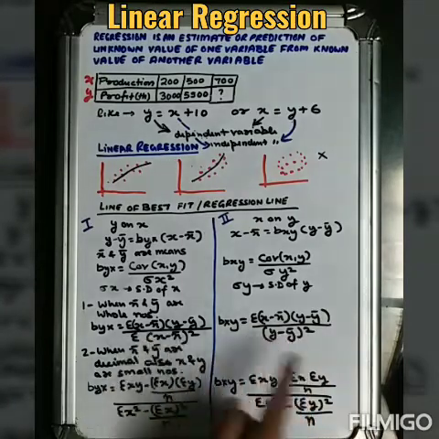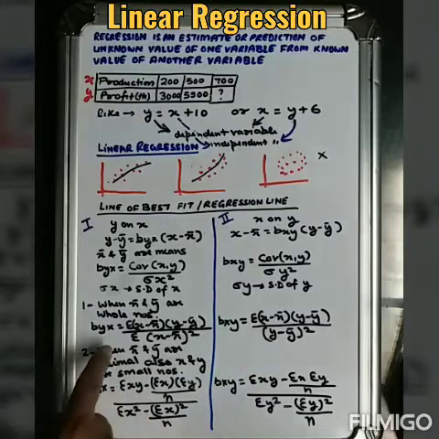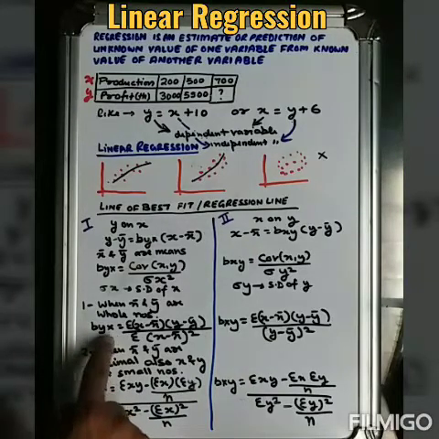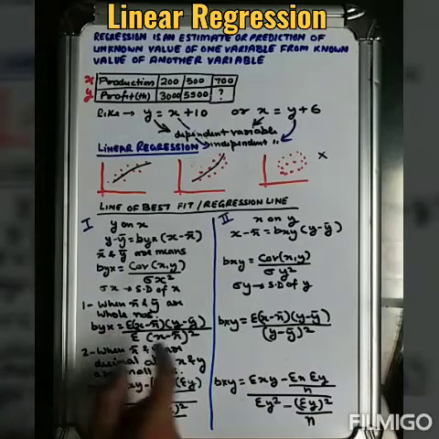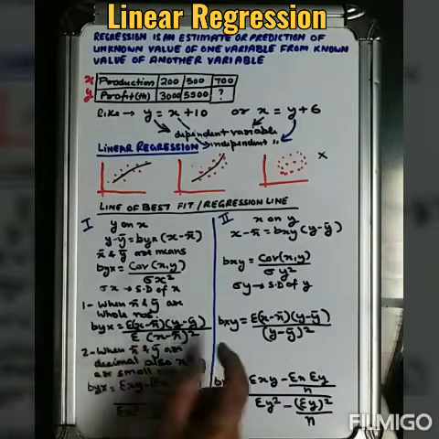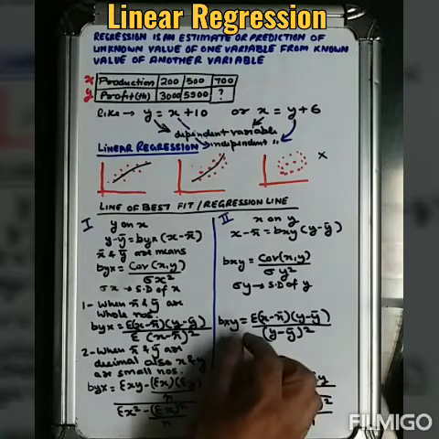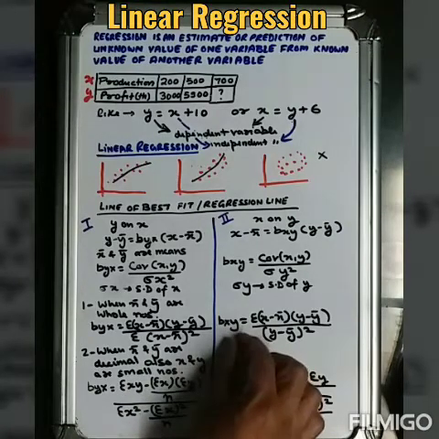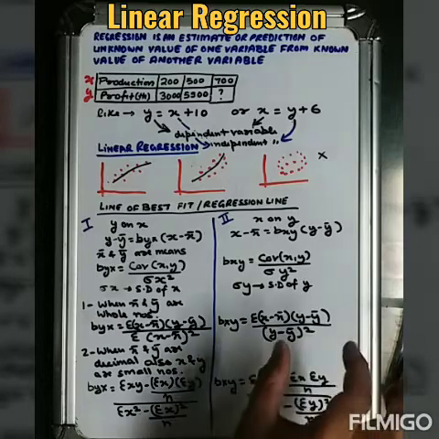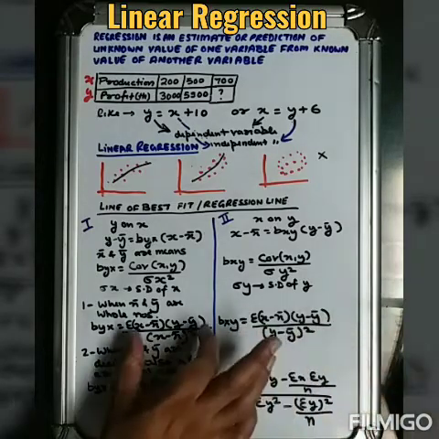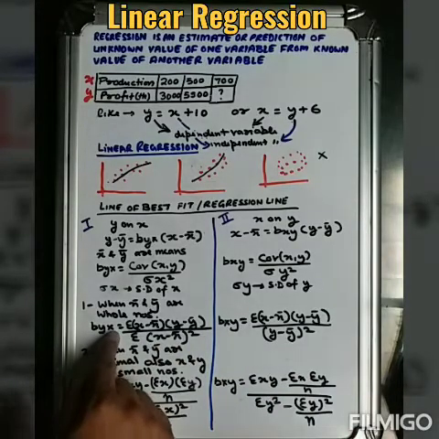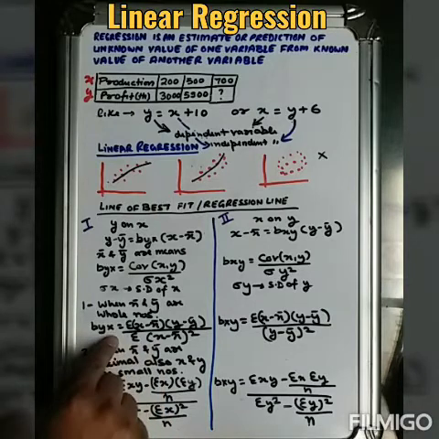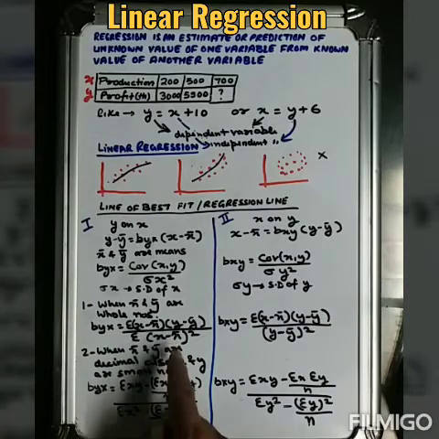Difference between these two formulas: remember that in this chapter, whatever comes later on, suppose yx is written, x comes after y, so x will be there in the denominator. Same way, if y is after x, so y is at the second position, so we write y in the denominator. Numerator remains the same, denominator changes as per the required value. Whatever comes in the second place will be there in the denominator.